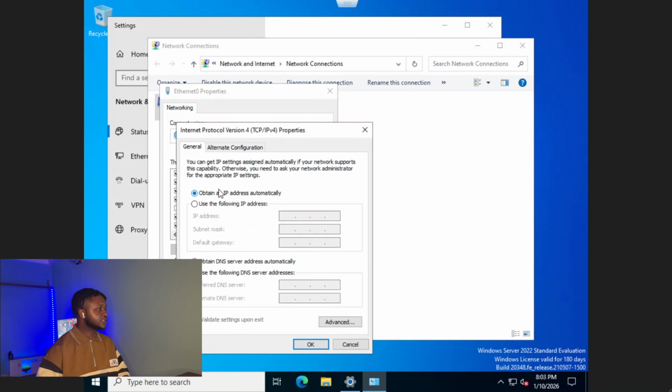So you see it says obtain an IP address automatically. So we don't want this for a SolarWinds host. A SolarWinds host needs to have a static IP address. So we'll give it a static IP address, and I haven't really selected a specific IP, but I know a range of IP addresses in my lab environment. So I'm going to give it